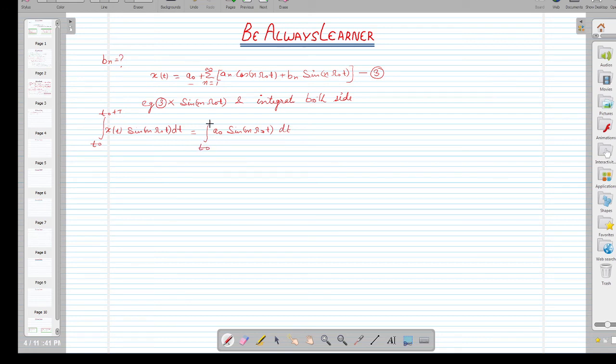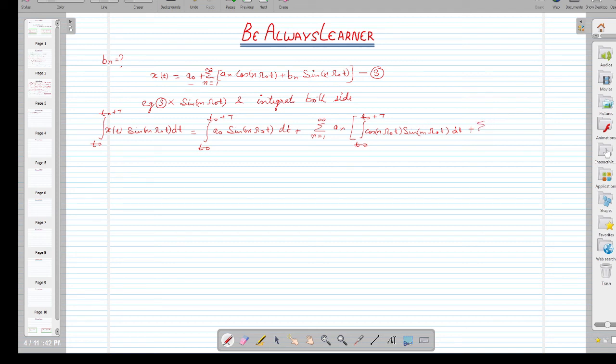Again the time limit t naught to t naught plus capital T. This is the first term. Second term, summation n is equal to 1 to infinity an integration of cos n omega naught t sine of m omega naught t dt. We can put them into brackets with the time limit t naught to t naught plus capital T,